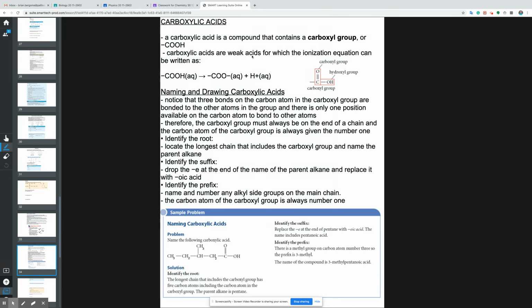So carboxylic acids are weak acids for which the ionization equation can be written as, so we have our carboxyl group, and this is attached to a chain of carbons. Again, this H is going to detach and become on its own, and then it'll have that COO minus on the end. Okay, so